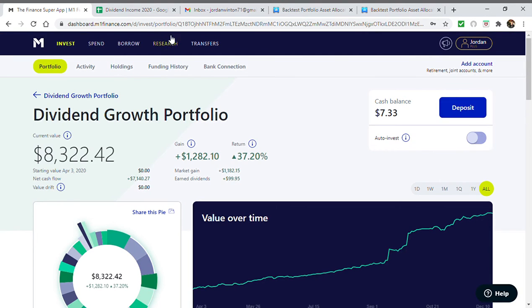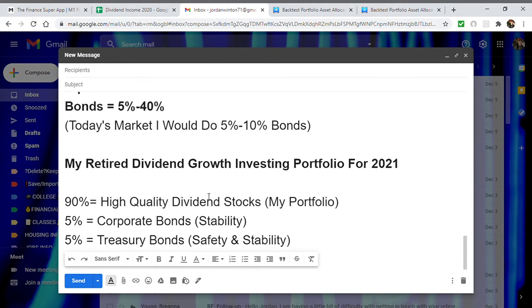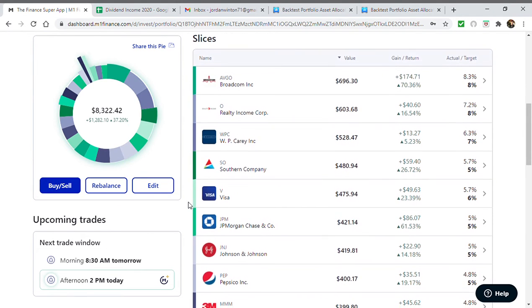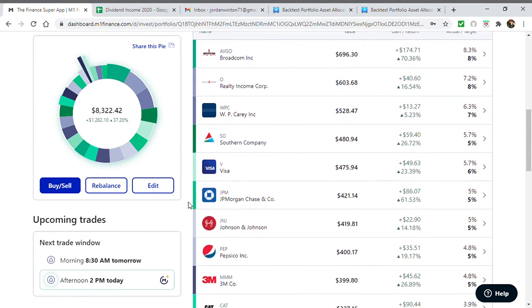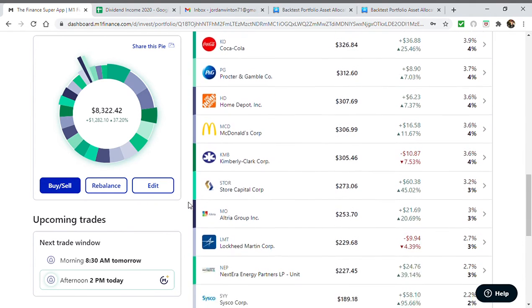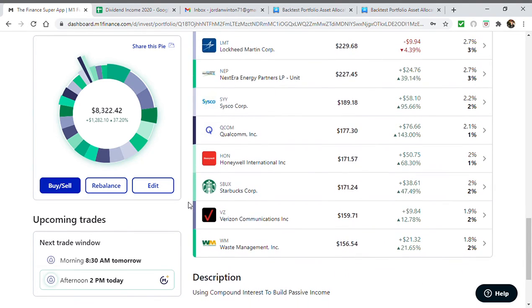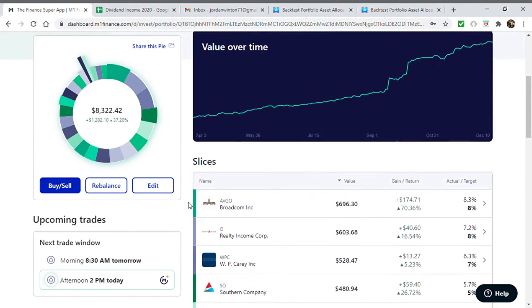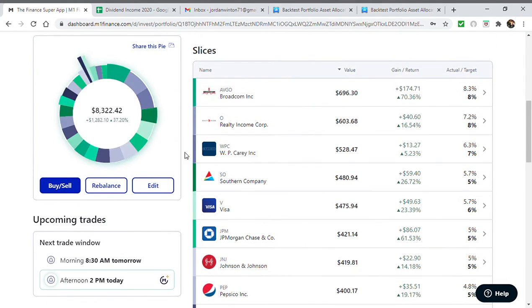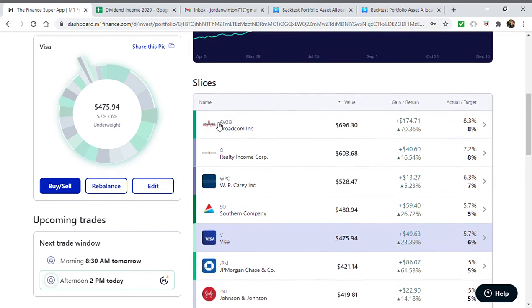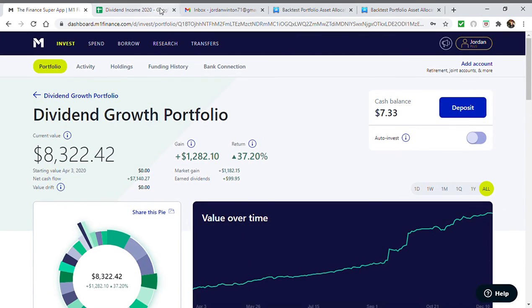Now let's go to my portfolio. The dividend stocks that I recommend are high quality dividend stocks. And pretty much any out of the list of these 25 stocks are ones that I recommend. I'll just scroll through real quick if you just want to see the 25 that I own if you haven't seen it before. And there you go. There's the 25 companies that I own, and these are great for someone that is wanting to retire, especially the higher yielders like WP Carey, Realty Income, Broadcom, Southern Company. A lot of my main holdings are very high yield but safe quality dividend stocks.